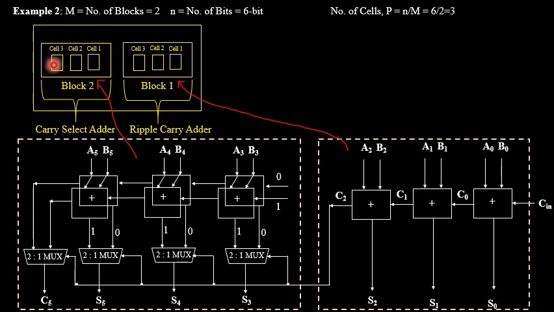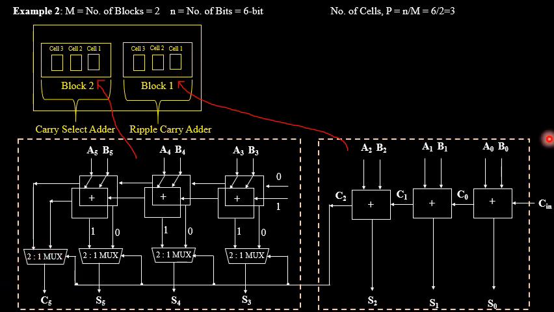Now, do I have any other further cells over here? No. So this is the final carry output of this particular block 2. That's why I have to make use of an additional 2:1 multiplexer to determine the exact carry output, whether it is equal to 0 state or 1 state. For that, I have to apply the control signal once again from the carry output generated from block 1, that is C2 will be the control signal for this particular 2:1 multiplexer,